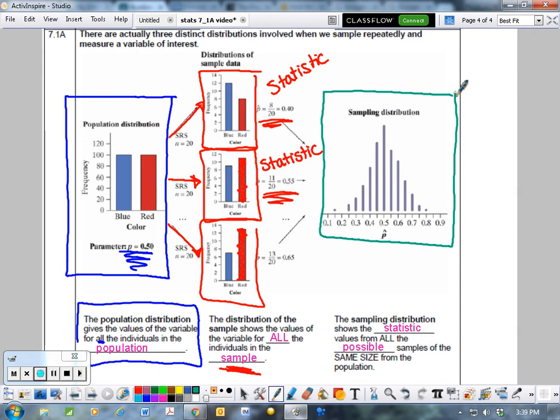And so some key things that we're looking at here are these p-hats. So this is 0.65, so that's a dot right here. And this is 0.55, so that's a dot right here. And this is 0.40, so that's a dot here. And so this sampling distribution is taking hundreds of samples. And what do you notice about this distribution? It's symmetric, and look at where our peak is. In fact, it might even be somewhat normal. And our peak is at 0.5. And look how that relates to our parameter, 0.5.